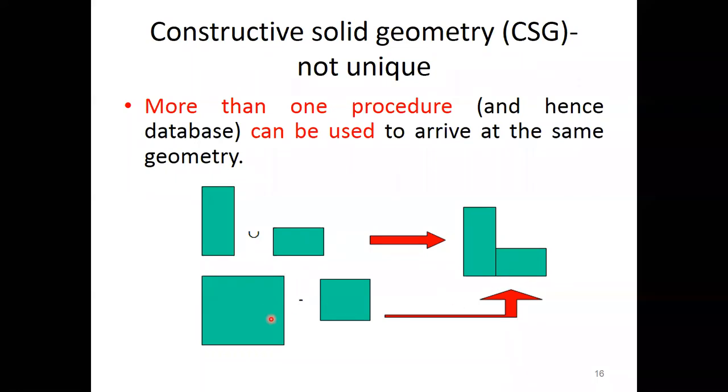Okay, I am using this. Some other person may be using this approach to generate this particular object. So the final shape or the final object is the objective. How we are achieving it will be different for different persons because people are using different Boolean operations.